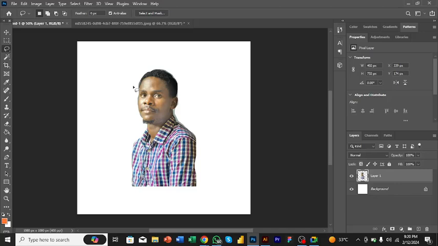You cut, you select what you want to cut, and you paste it somewhere else. So that is the job of the lasso tool. I don't know if you are getting what I'm saying. Then we have